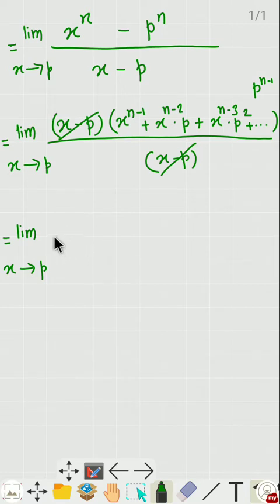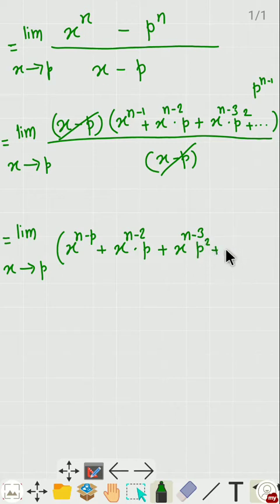So there is only the term x raised to the power n minus 1 plus x raised to the power n minus 2 into p plus x raised to the power n minus 3 into p square plus dot dot dot plus p raised to the power n minus 1, it is equal to